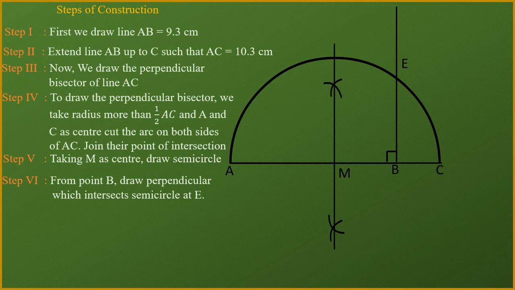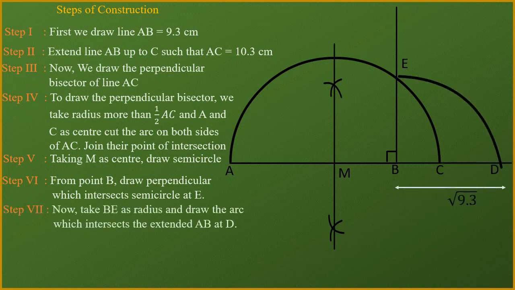Now keep your compass at the point B. Okay, look at step number 6. We are saying that keep your compass at the point B and take the radius equal to BE, and then draw the arc. Once again shall I show you? See, this is the point B. Take the compass and keep it at the point B and then measure the length from B to E. Okay, B to E you have to measure the length with your compass and then cut the arc like this.